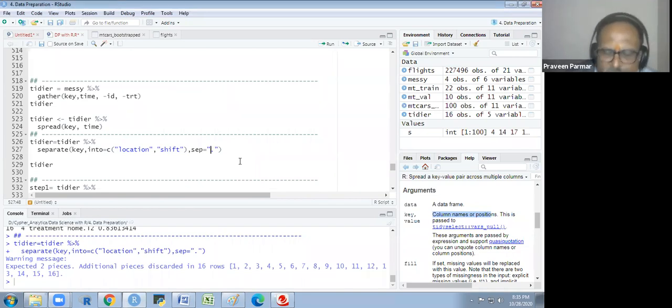But for dot, we require two backward slashes, then you write dot. If you are separating by dot, anywhere, not only here, even in the paste function, if you use dot only as the separator, it will not work.